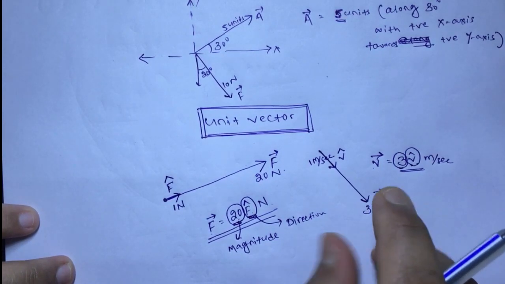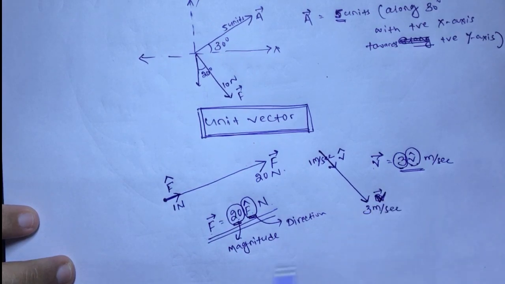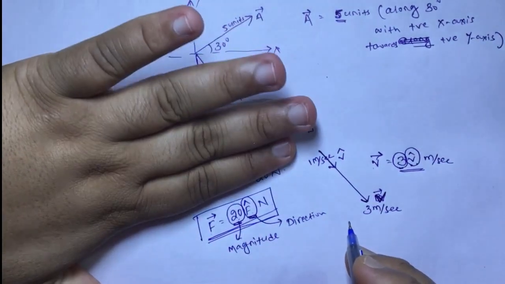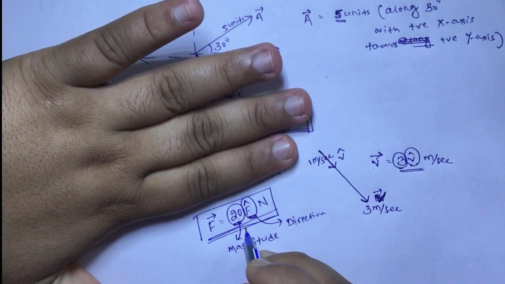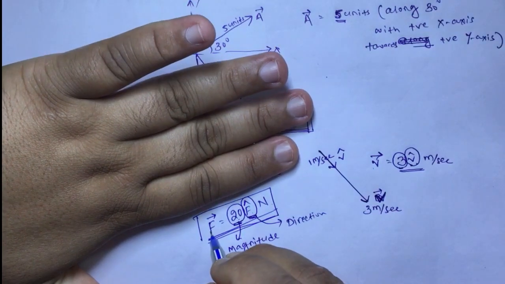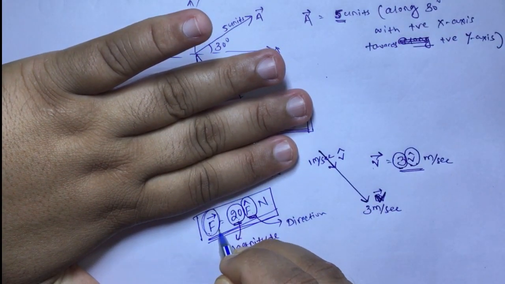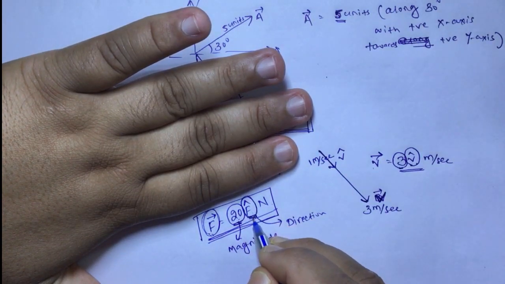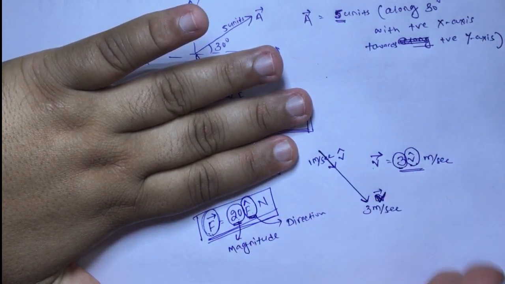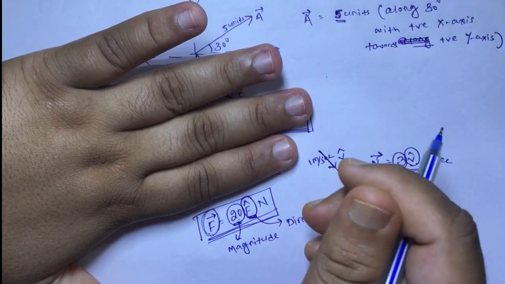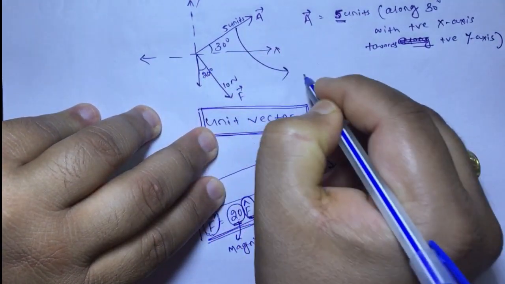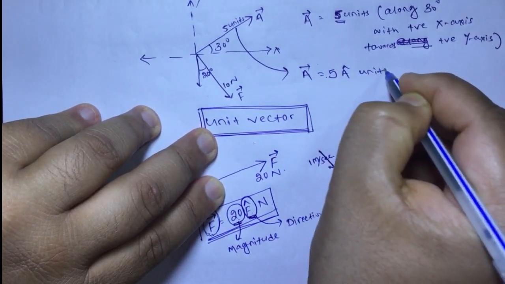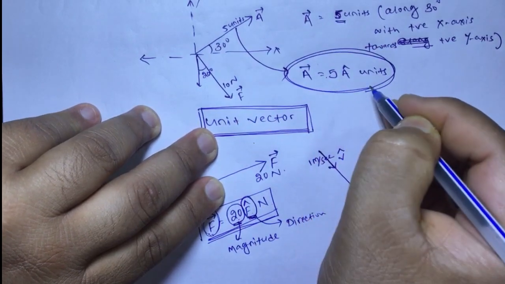Now the question is, again we have the same problem, because if I am simply writing that f vector equal to 20 f cap Newton without giving this diagram, how can I know in which direction it went? Because there the f cap direction has to be mentioned, and here without a diagram, if you want to write, then again you have to mention the direction of f cap, that f cap is along this direction making 20 degree or making 30 degree with this. Like here, if I write this vector as a vector equal to 5 a cap units, then it is correct. But the question is again the same.